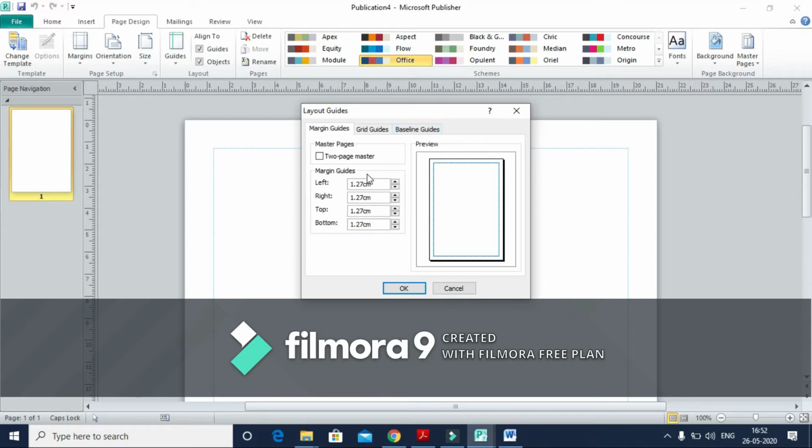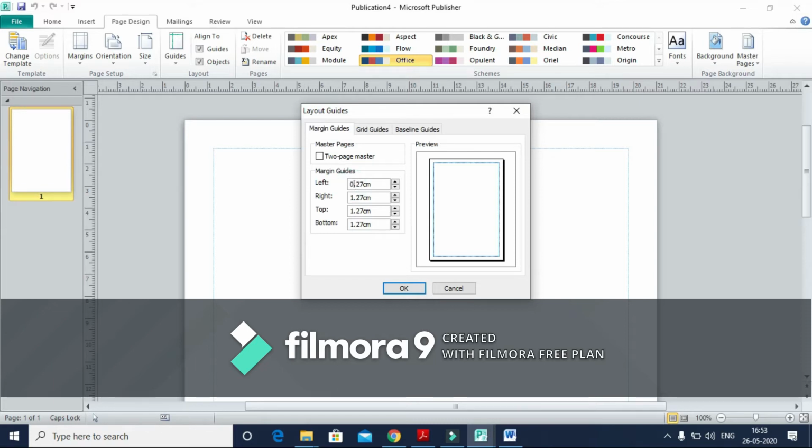In the Master Margin Guides, the margin is what you want to customize. Now you can see it is pre-typed as 1.27, so we will set it to the ideal margin, which is supposed to be 0.25.